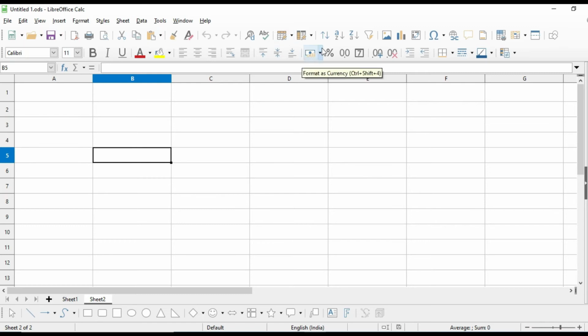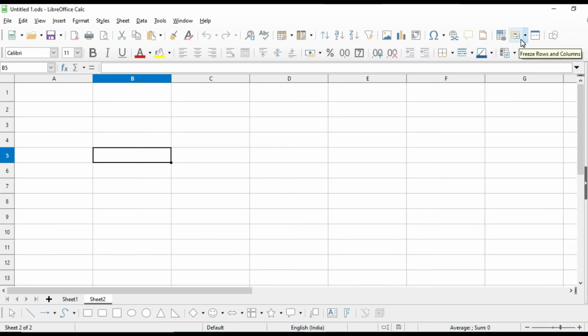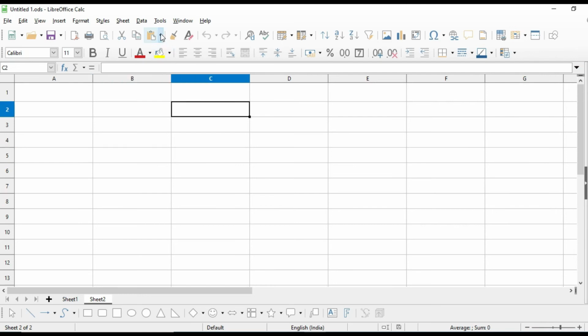Toolbars. Toolbars contain small icons on them. They are common commands and functions. Buttons on the toolbar can be added or deleted as per the user's requirement. By default, the standard and formatting toolbars will be displayed. These toolbars are floating in nature. By clicking and moving them with a mouse, the position of the toolbar can be changed. Placing the mouse over an icon will display a brief explanation about the icon that is called a tooltip.